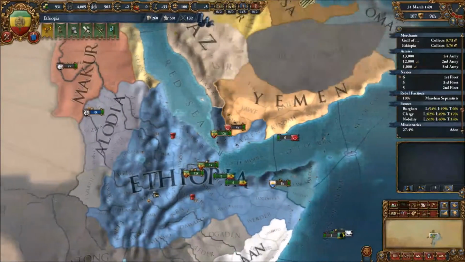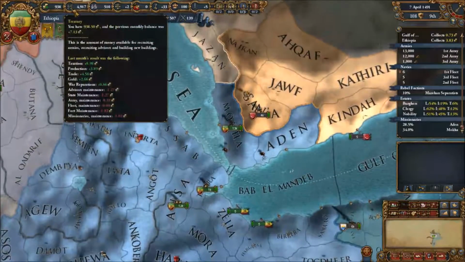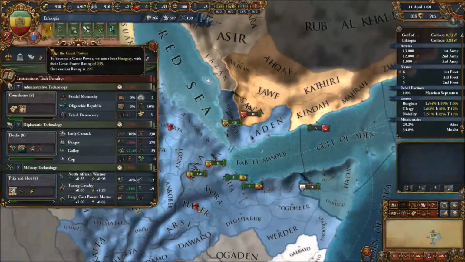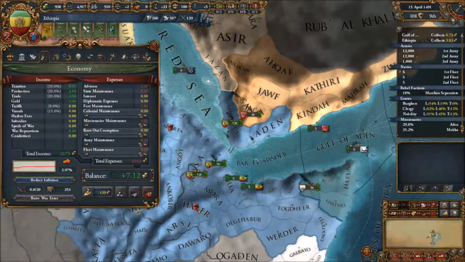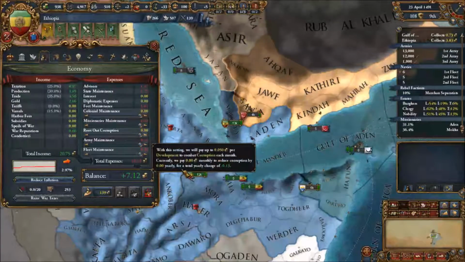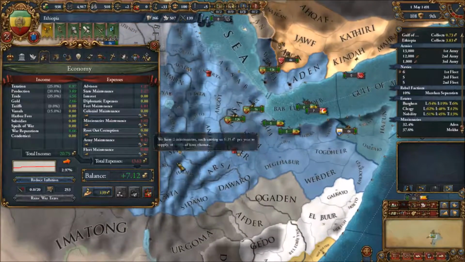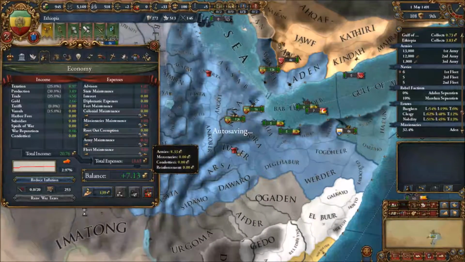So we're gonna try to make them stay once we're done with the missionaries in that corner. Alright, so we're up to 7. Even with full... Yeah, this is great. We're at 7. We don't have any corruption at all. We only have the 3 forts. And we're full army maintenance. So...